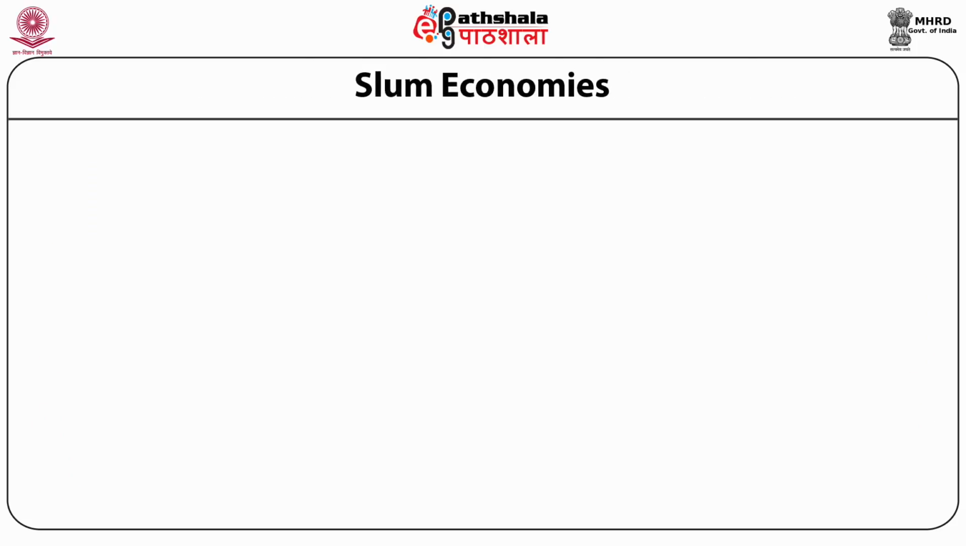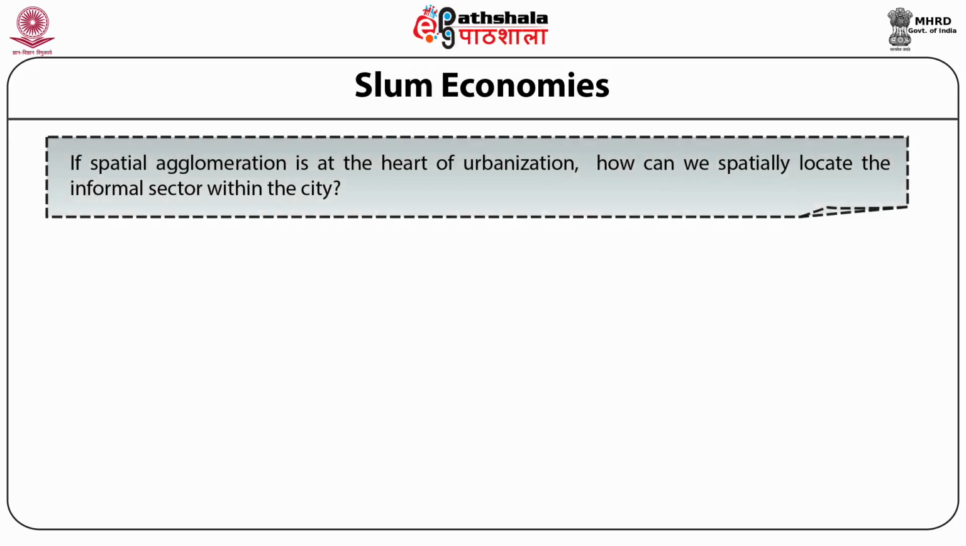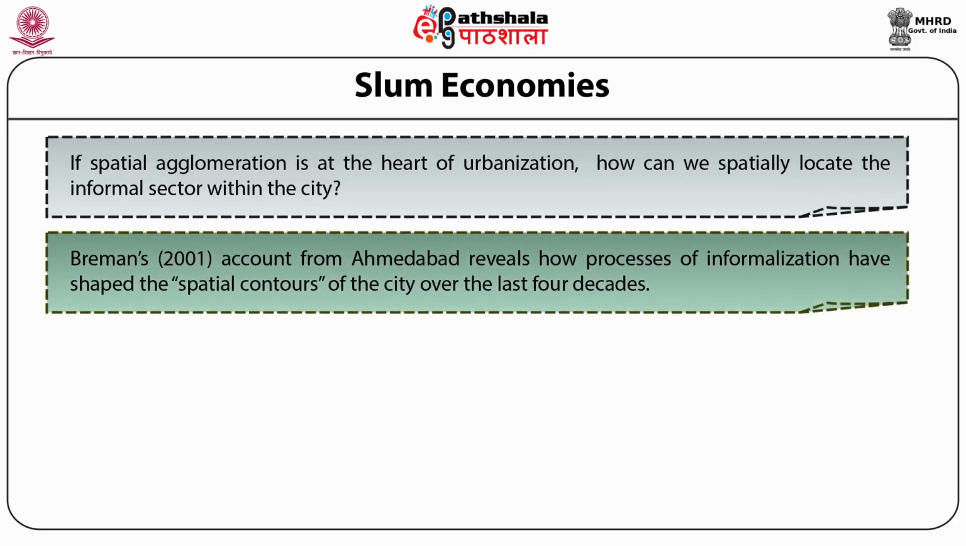So far we have discussed the informal sector in a framework largely divorced from its spatial context. If spatial agglomeration is at the heart of urbanization, how can we spatially locate the formal sector within the city? Indeed, informal economies, livelihoods and labor markets are deeply interconnected with questions of informal shelter and habitat as discussed in other modules. Bremen's account from Ahmedabad reveals how processes of informalization have shaped the spatial contours of the city over